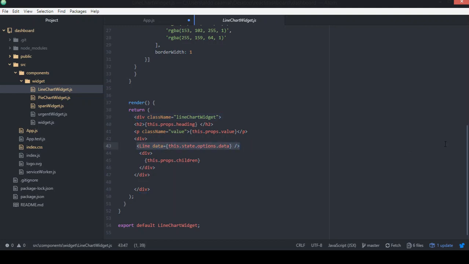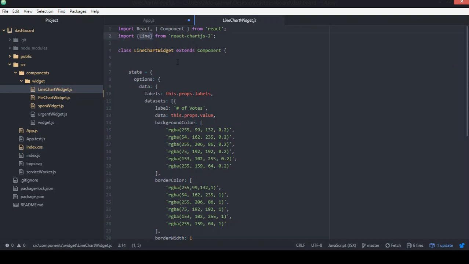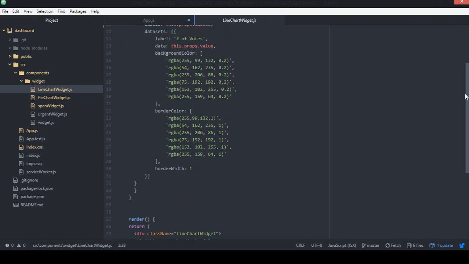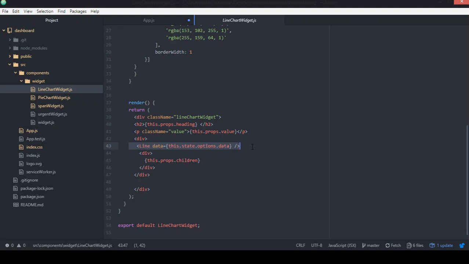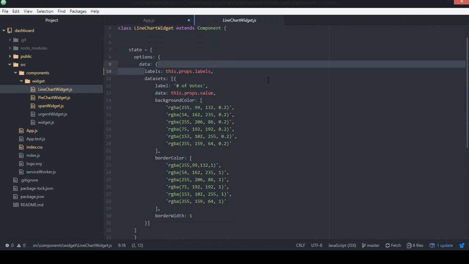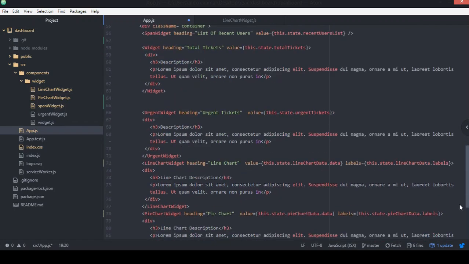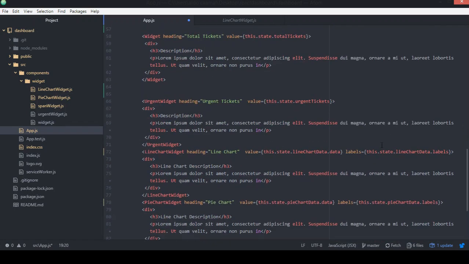I'm using this line that gets the data because I'm importing the line, the line chart, from React-Chartsjs2. I need to pass this element in order to create the line chart, and I need to pass the data, the options data, that in this case is just this object that is expecting the labels, these props labels. I think I'm not passing labels here. Yes, I'm passing labels,